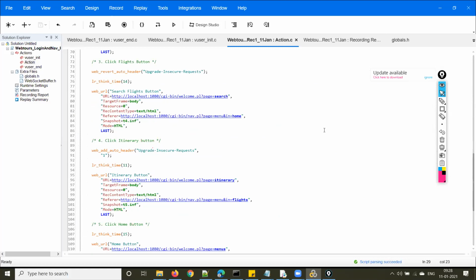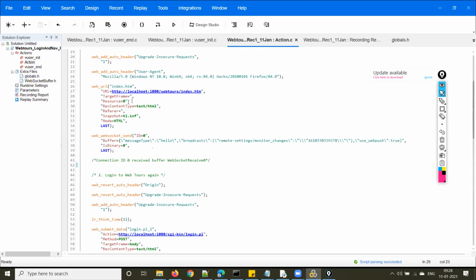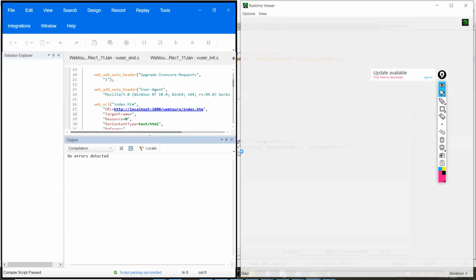Now you have created a script. If you want to replay the script, for example, to simulate that login and navigation, you can replay it by using the replay option, or F5 is the shortcut for that.